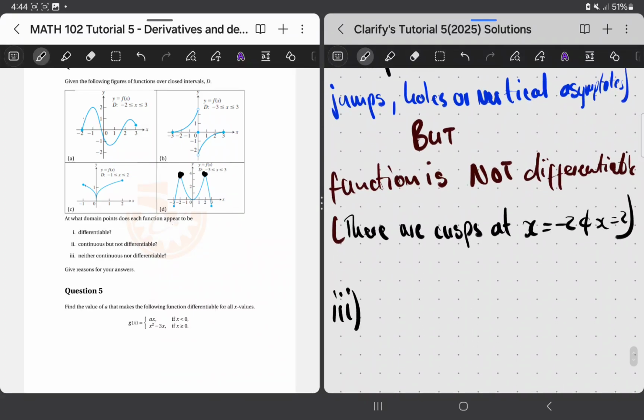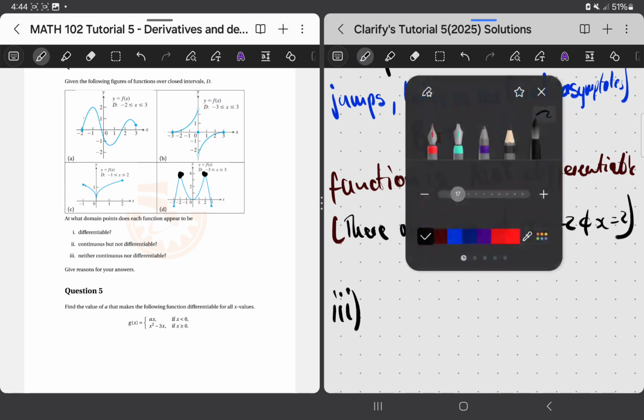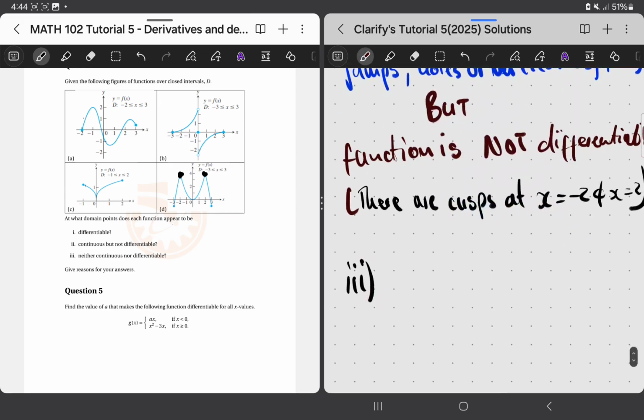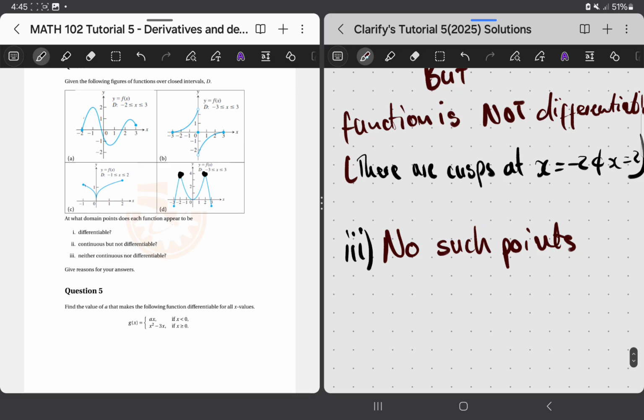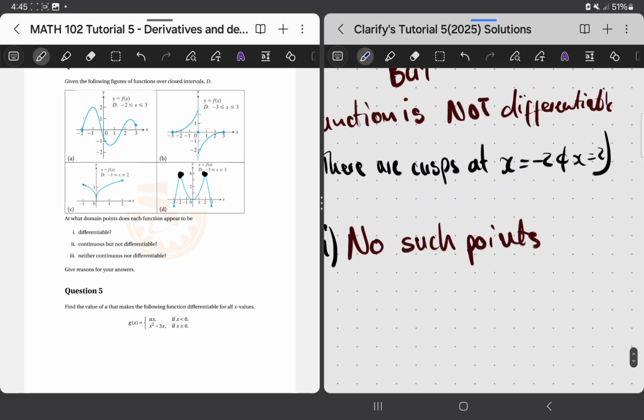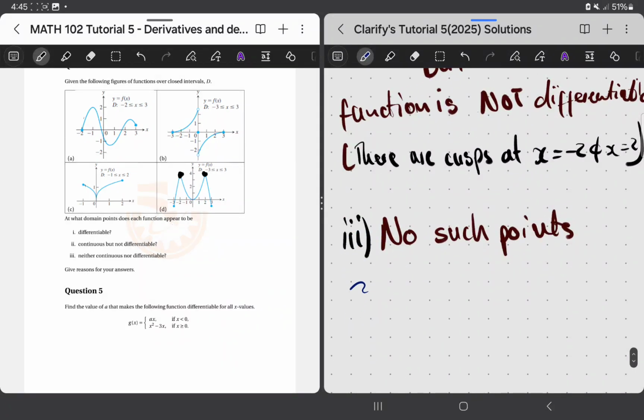They said it is not continuous and it is not differentiable. Do we have such a point? No. You can say no such points. Why? Because when we look at the domain, why do we have no such points? Because you can say y equals f of x